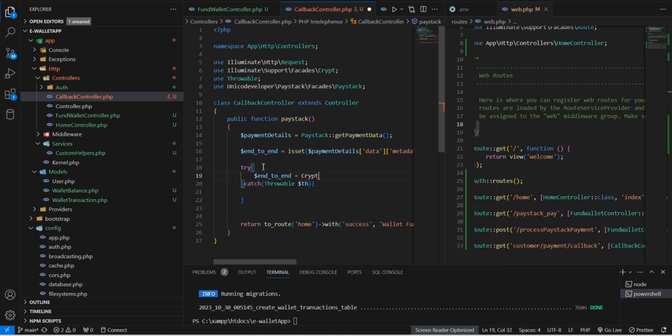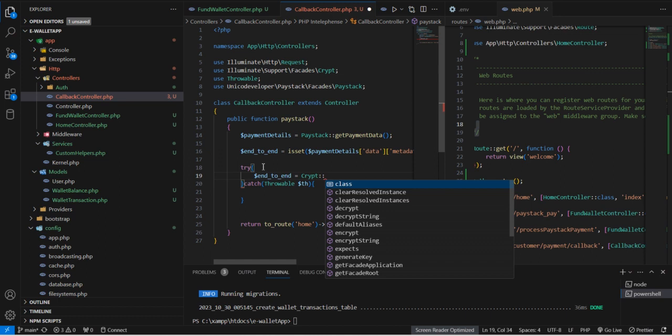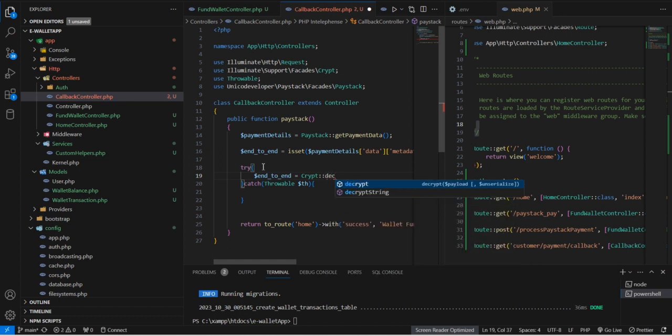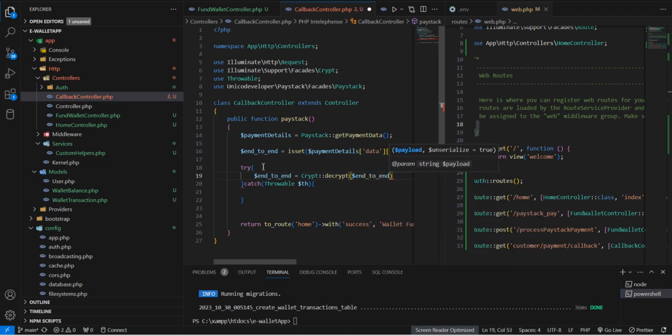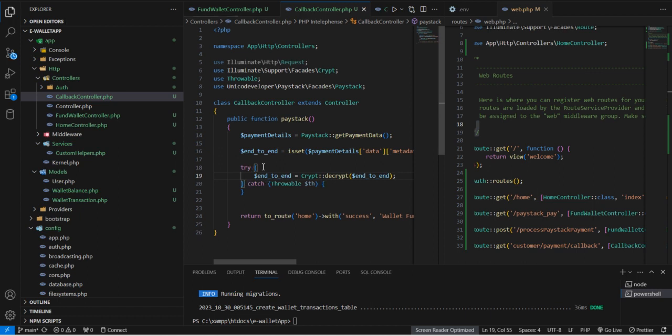So you remember it was encrypted already. What's being sent to Paystack is encrypted. So if anybody even hacks into our Paystack server, they will see an encrypted key, but they won't know what to do with it. But it's only the application that can actually decrypt it. So that encrypted key is there. So if we don't have that encrypted key, let's return